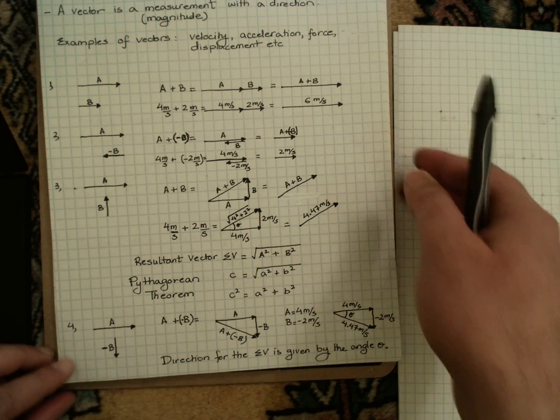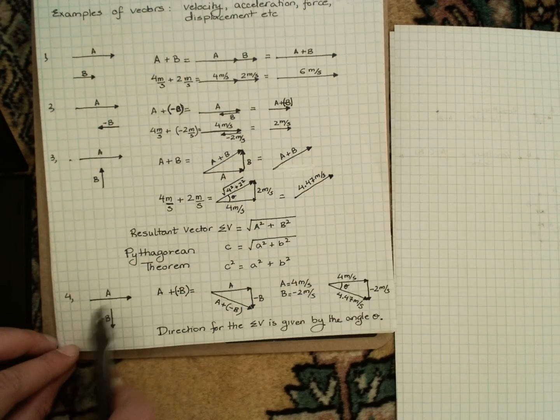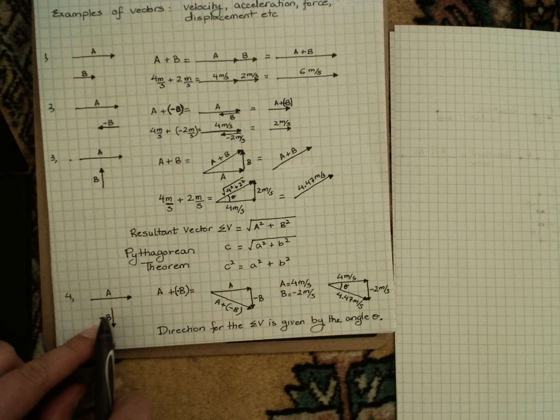And the final example, number 4, I have vector A to the right, vector negative B is